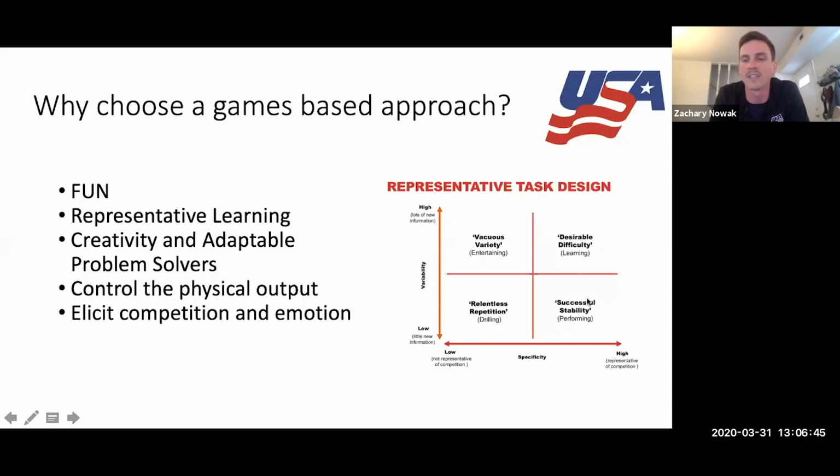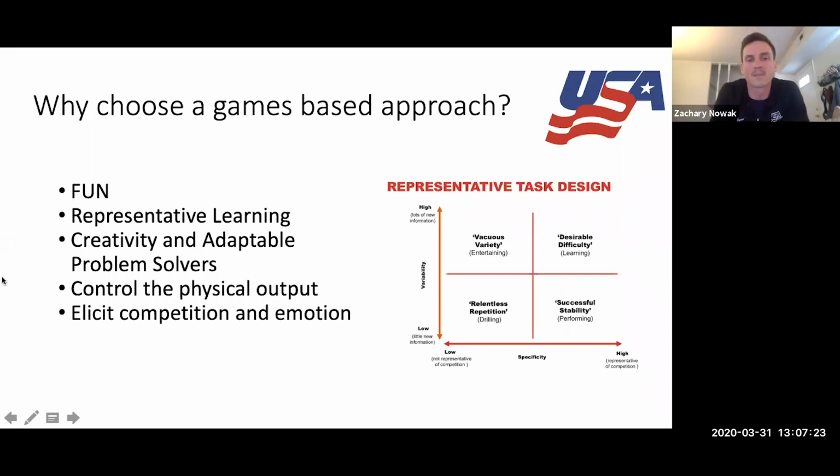So, this might be day before a game. We might be looking for more of that stability, maybe less new information, but still more representative of the competition. If we're looking to just have a fun day, we might be looking in this area. So that's things like baseball or soccer or playing handball. And then this might be more of that unopposed, isolated drilling practice. So once again, there's nothing wrong with being in each of these zones, but me personally, I like to hang out in here.